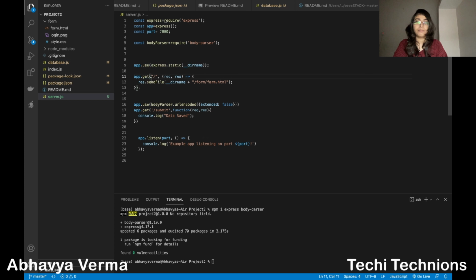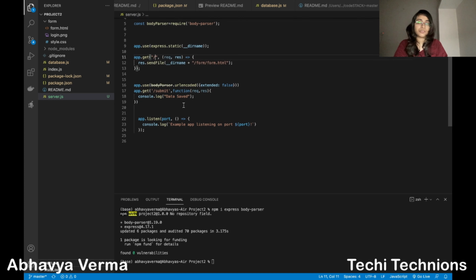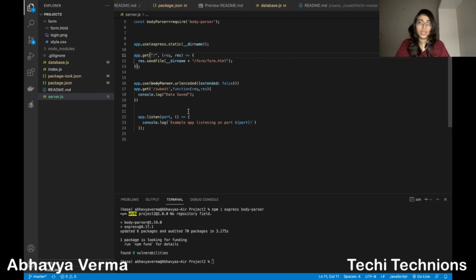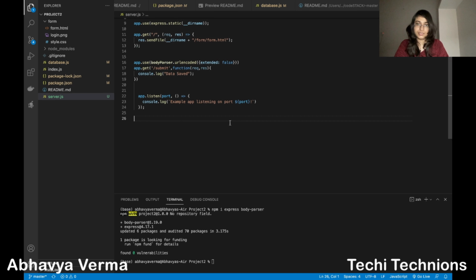And if I use anything else here like slash form, then it will be rendered on localhost 9000 slash form. These are the actions to be performed using the submit button. On the console it will say data saved and then where it is being listened.